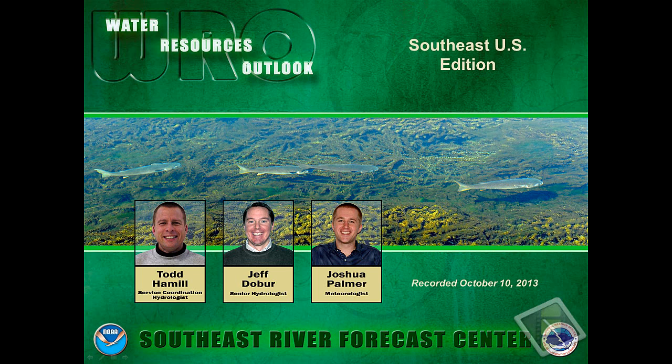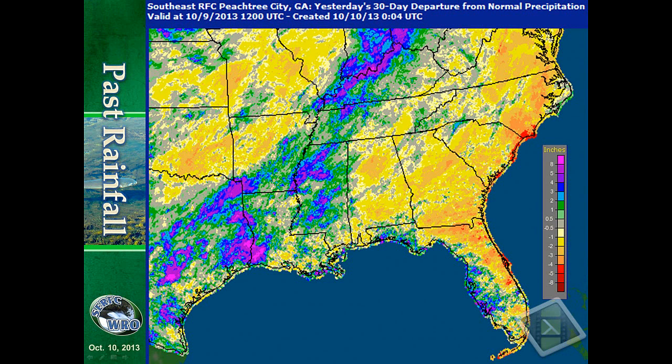Let's start off with Jeff and a little climatology. Let's start off with rainfall, and here's the last 30 days of departures from normal, and we see late September and early October has been fairly dry across the southeast, with some areas in the orange color there, those areas 2 to 3 inches below normal across eastern North Carolina as well as parts of Georgia and eastern sections of